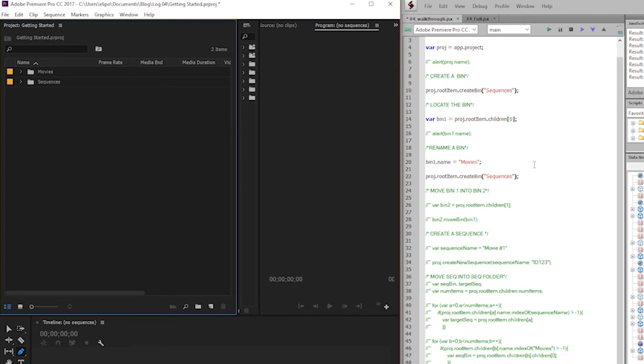Now, next thing I want to do is, let's just say I want to move one bin into another. So we already know that bin1 is linked to the movies bin, which means that if we wanted to make another variable and call it bin2, we could link that to project.rootItem.children with an index of 1, and that will give us the sequences bin. So if I wanted to move, say, the sequences bin into the movies bin, what I would do is, now that I have both of those bins isolated and declared as variables, I would uncomment this and